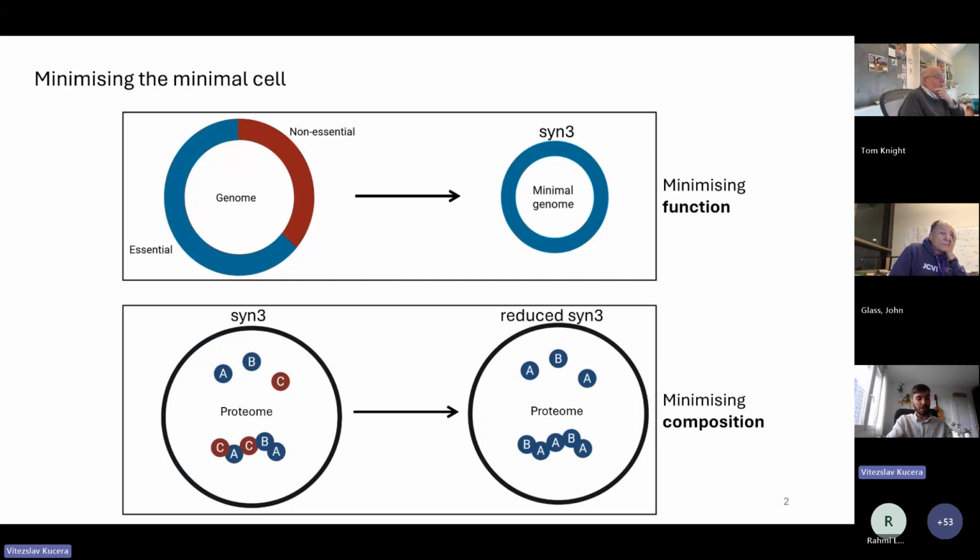But what we think, because we are a lab interested in the origins of life, we really think that the early life did not have all these 20 canonical amino acids when it first emerged. But it is very hard to experimentally somehow prove this.